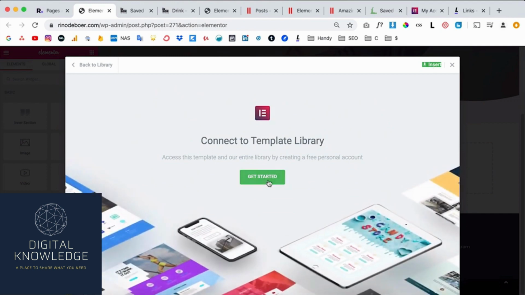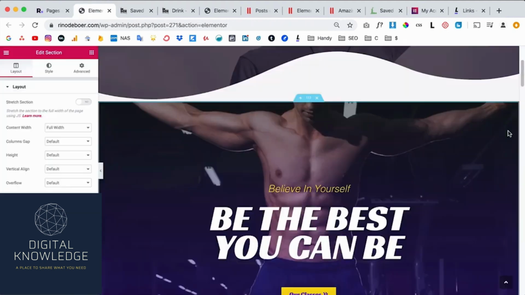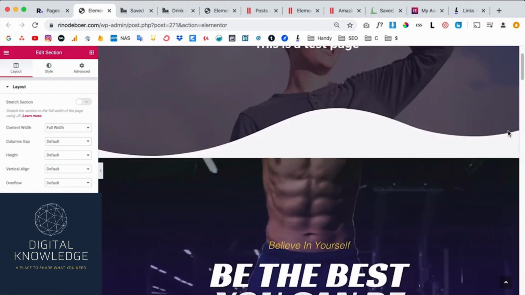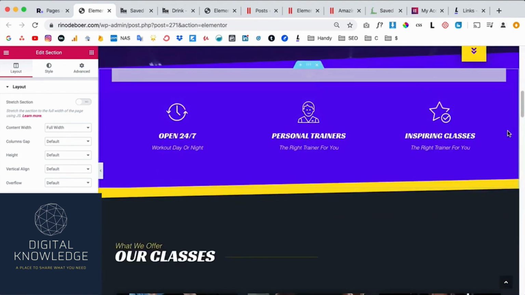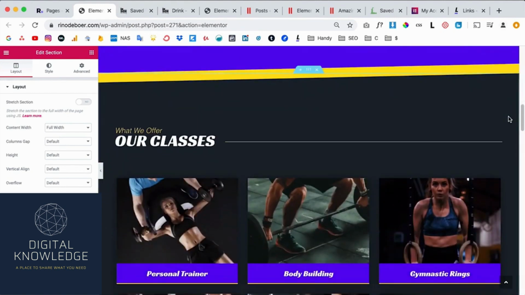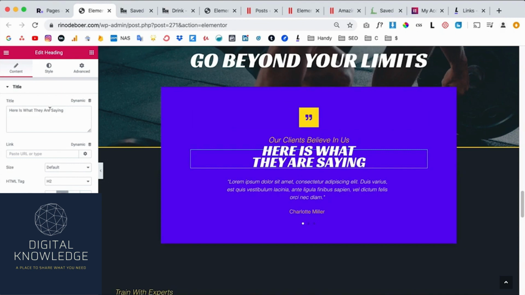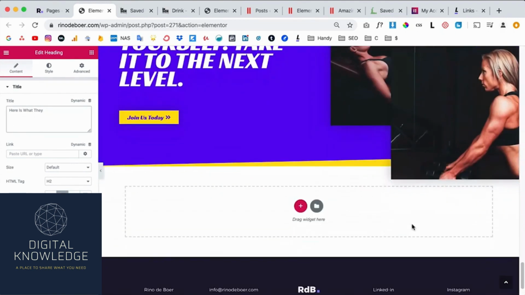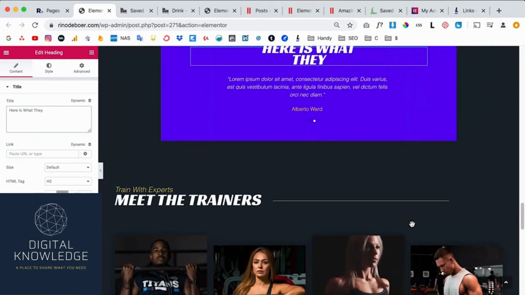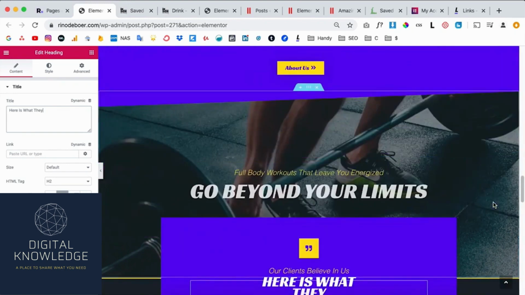If I click on insert, I need to connect it to the template library. So that's just one click. I just click on connect, and now it will load again. And as you can see right now, this whole page is inserted into my website, and I can change the style. I can change the colors if I want to. So if you click on an element, you can just change the text, you can change the spacing, you can change anything that you want. So this is absolutely amazing, but these are full pages, and realistically, oftentimes you will work on a design and